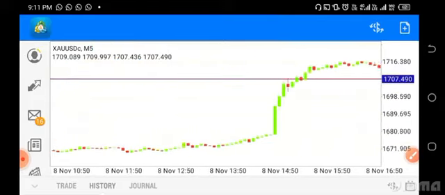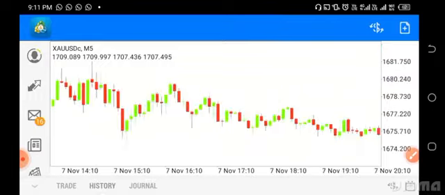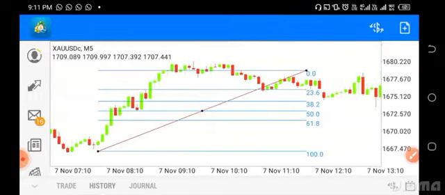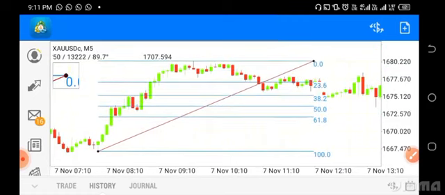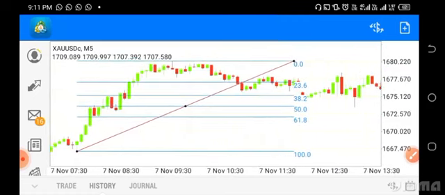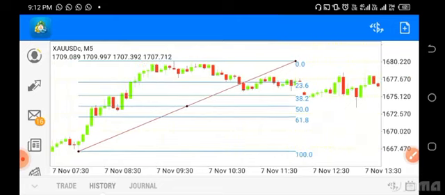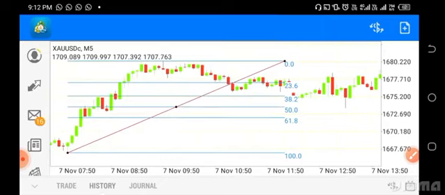So let me check. This is a Fibonacci level. Now, is this correct? So what is the retracement? It means there is a ratio between the numbers in your Fibonacci series: if you divide one number by the previous number, a series comes out like this: 0.2, 3.6, 3.8, 50, 61, 100.